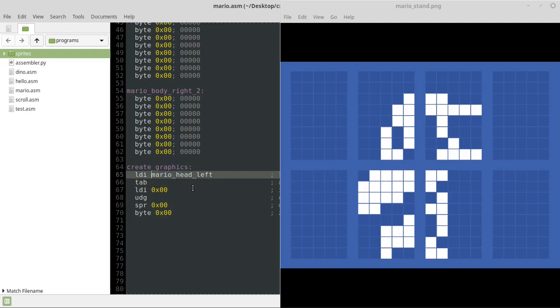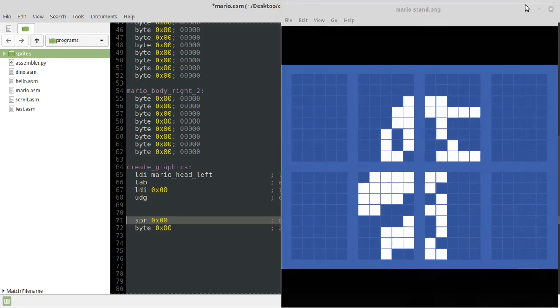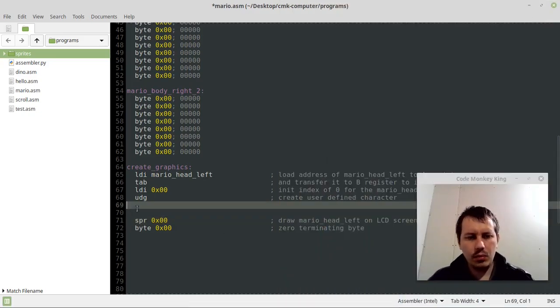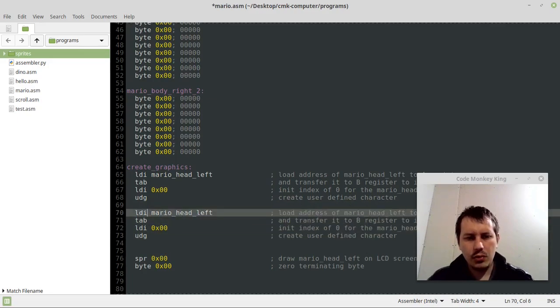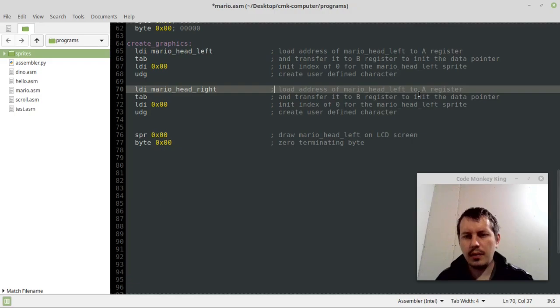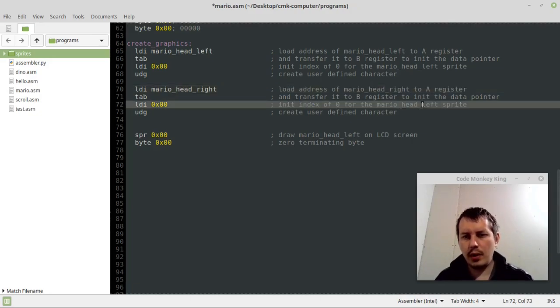So let's duplicate the code here, let me just get rid of this one. Okay, so Mario head right in this case. So this is another label, another address. So Mario head right, and everywhere it's used, just replace. Okay, and the index is going to be 1, and here the index of 1 for Mario head right sprite,